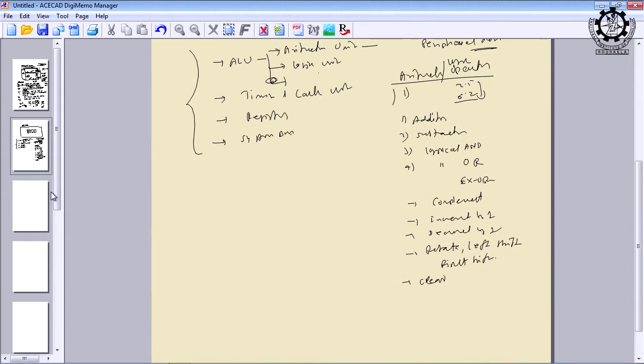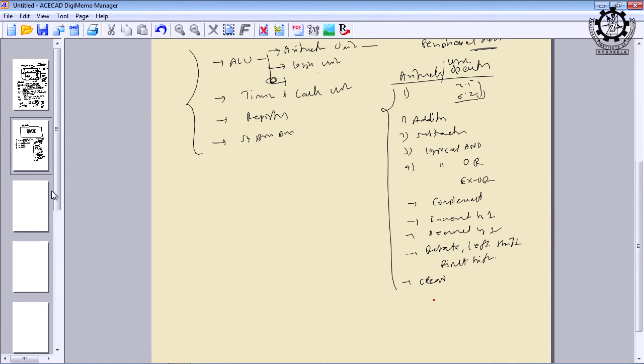And the moment I tell you that these are all allowed operations in 8085, you will understand that there must be corresponding instructions. At least there must be one instruction for each of these. But nowhere have I mentioned exponentiation, the tangent operation, or the cosine operation. That means you will understand that these are not allowed by 8085.